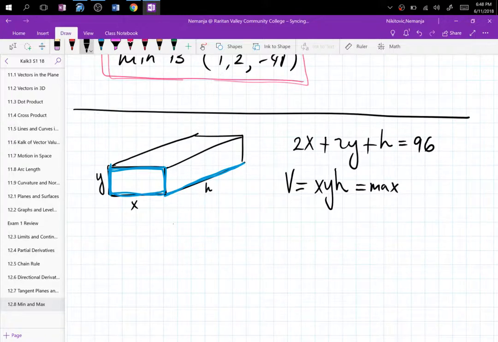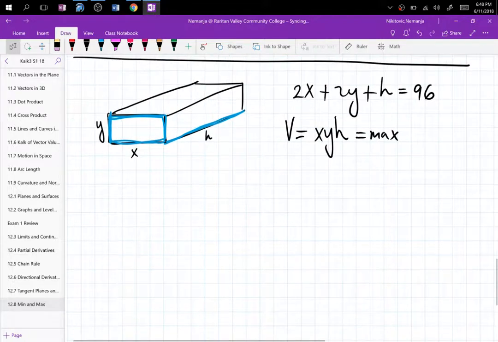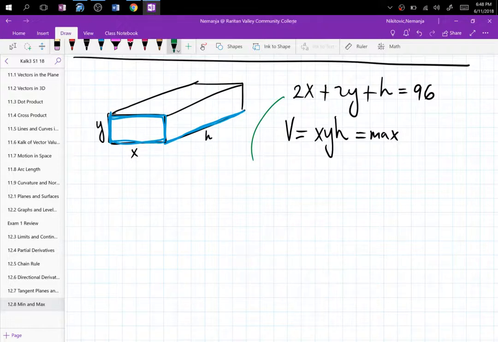So now, what I'm going to do is solve in the upper equation for h and plug that into the volume to eliminate one of the variables, and then just unleash the method of partial derivatives and everything else. So from the top equation here in green,